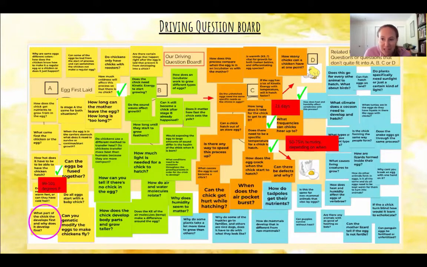In red is sort of the answer right there. So I'm just trying to have a live DQB, even virtually, that shows, hey, we figured these out. This is what we think. You can see on the bottom left that the one circled in pink is the one that we're figuring out that day. So we're going to be looking inside of the egg, and I circled it